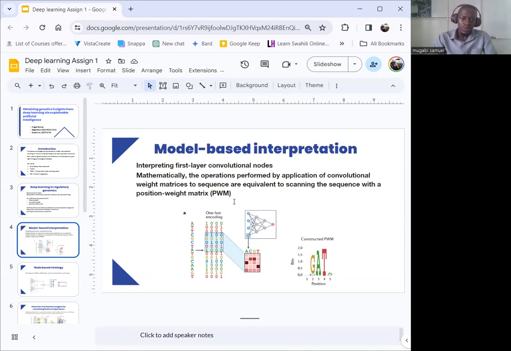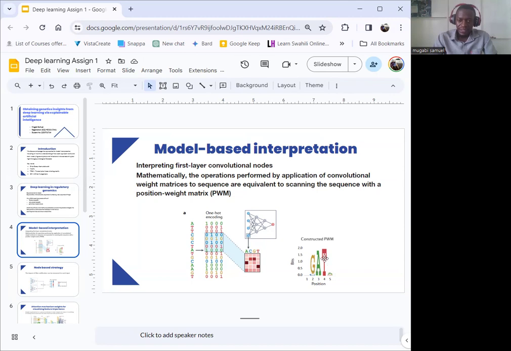So moving on, we'll look at model-based interpretation, and we shall first look at the first layer convolution, whereby there are some mathematical computations that are applied to give weights and come up with a weight matrix. Then it is to this weight matrix that these motifs, depending on the number of times they appear in the sequence and at what position,